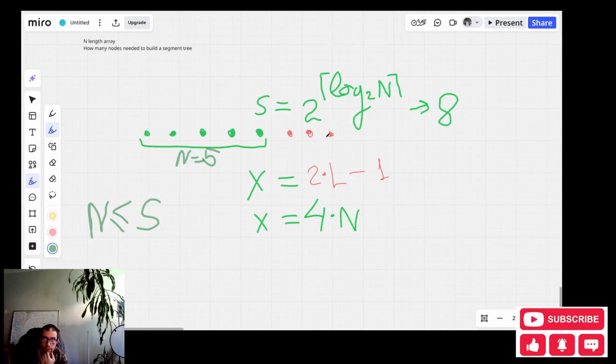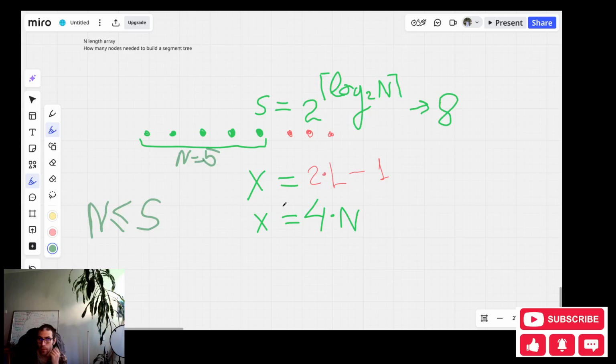So we expand it. Also we know that in a full binary tree, or a perfect tree, the number of internal nodes is equal to the number of leaves minus 1.